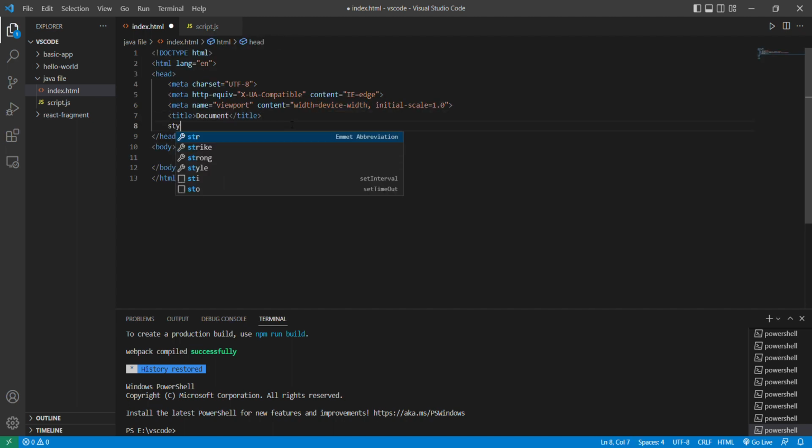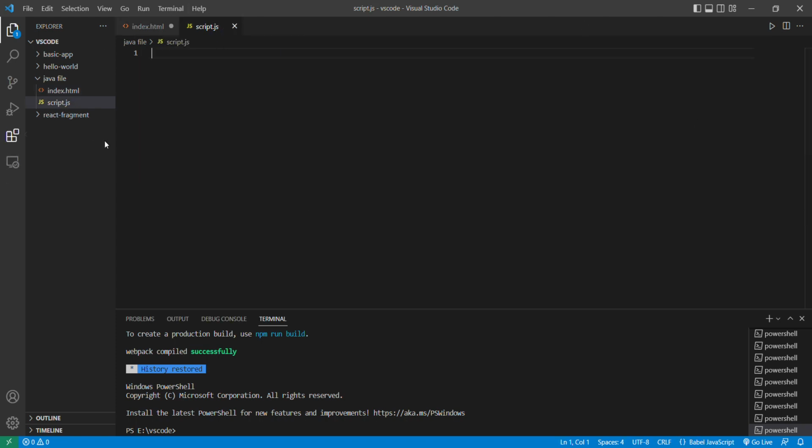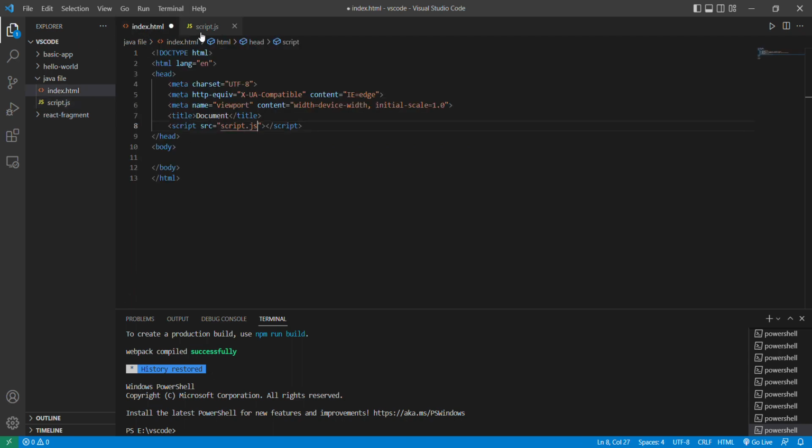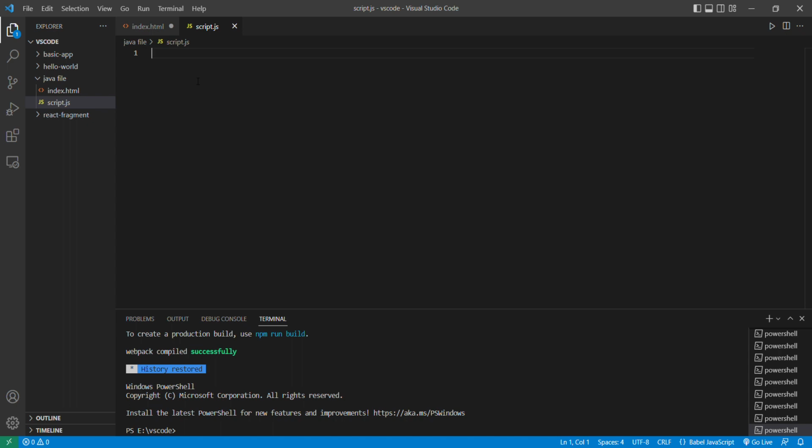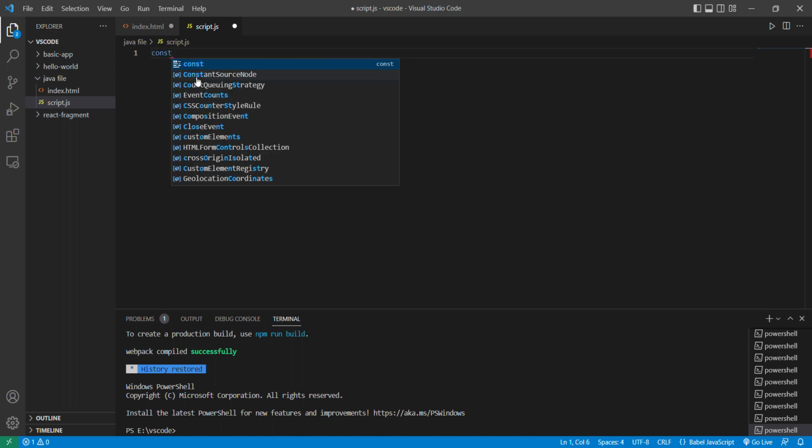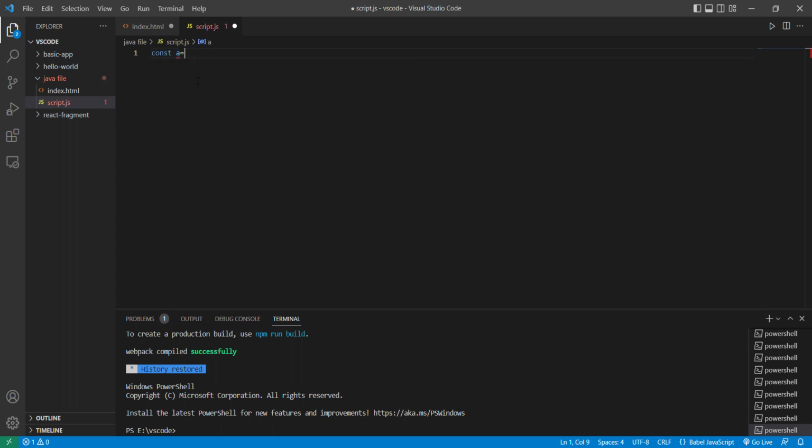It will take some time. I have to write here script.js, the name of the JavaScript file, and it has been linked to our HTML file which we are going to create. Suppose in this we create a variable, const a = 10, suppose, and